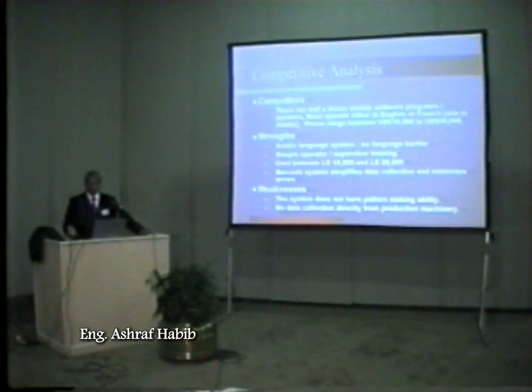Simple supervisor training, because we're going to be around here when we produce. The cost, we're thinking between 10,000 to 25,000 pounds, which is the same cost as any one of the machines that we have in the factory. We're going to have a barcode system on it. It's going to be original.